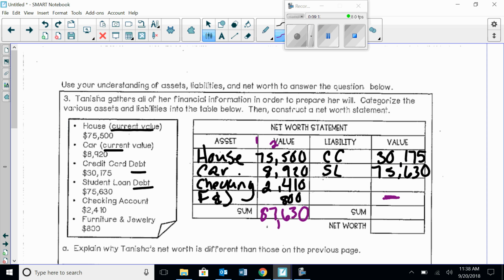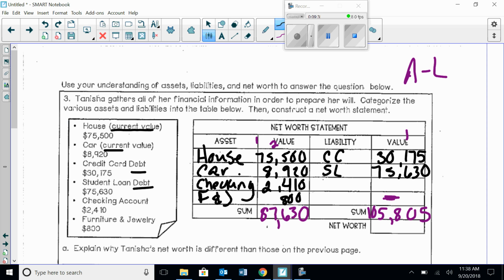Okay, so if we go over here to our credit cards, we know that these are going to be our negatives over here, but I'm still going to add them to find the total number of negatives that I have. It's going to be 5, 10, 8. Okay, so $105,805. So remember, to find the net worth, we are still going to take your assets and minus your liabilities.